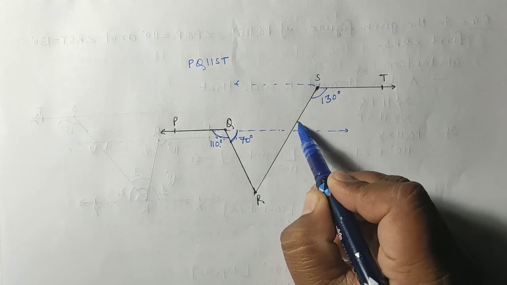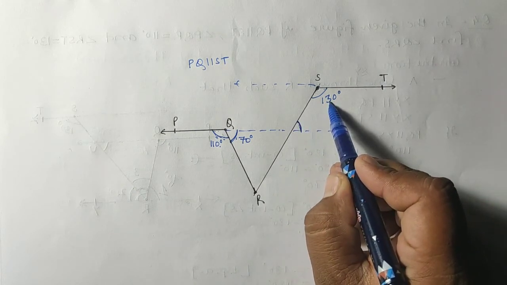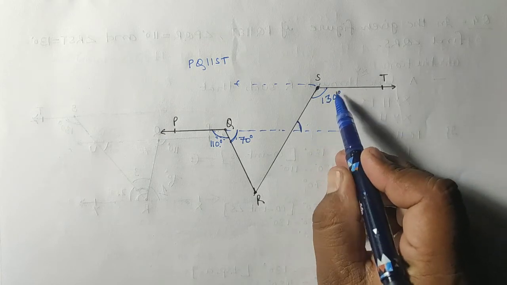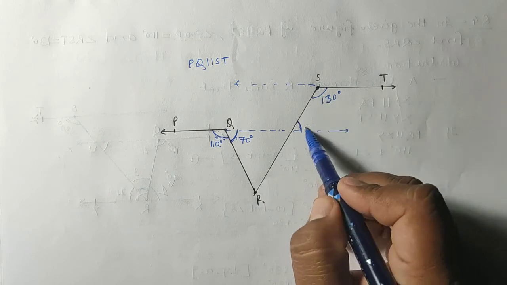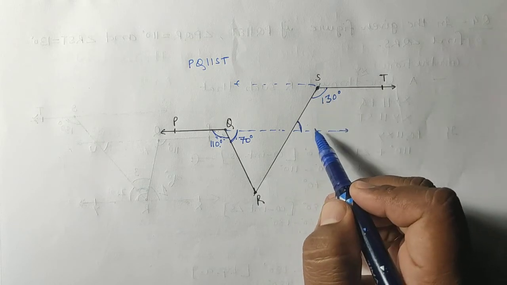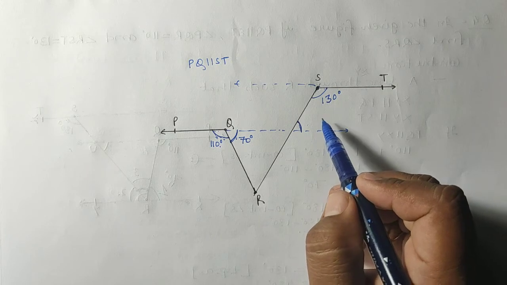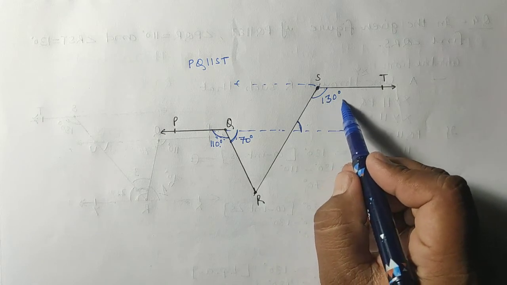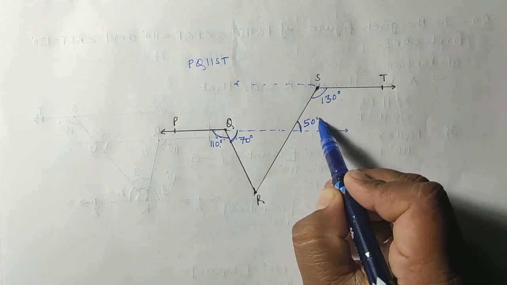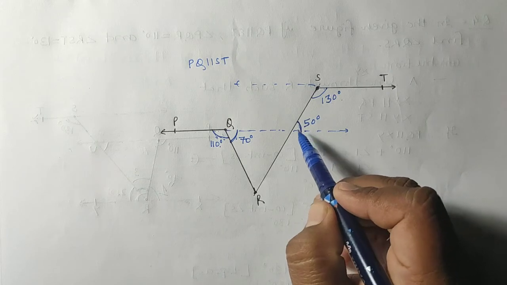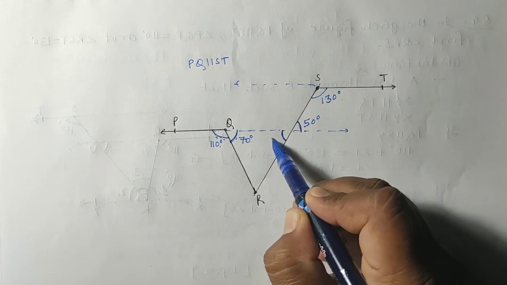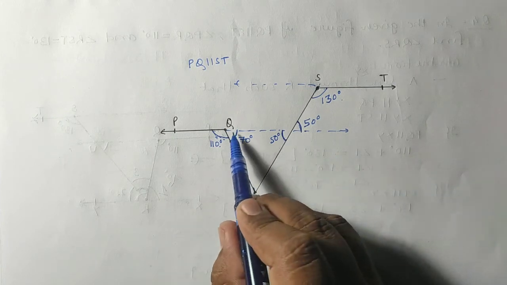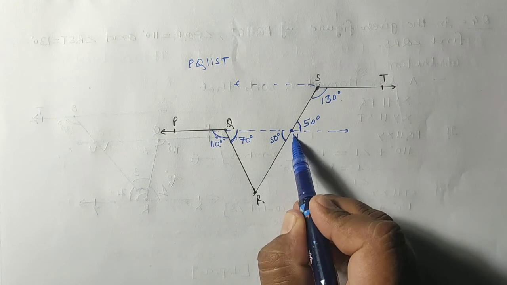This angle is what? If this is 130 degree, then these are co-interior angles. Because the lines are parallel, the same side interior angles are known as co-interior angles. And what I have told you about co-interior angles is that co-interior angles are supplementary angles. So if it is 130 degree, then it will be 50 degree. So if it is 50 degree, then its vertically opposite angle will also be equal to 50 degree. Now you can give it the name U.